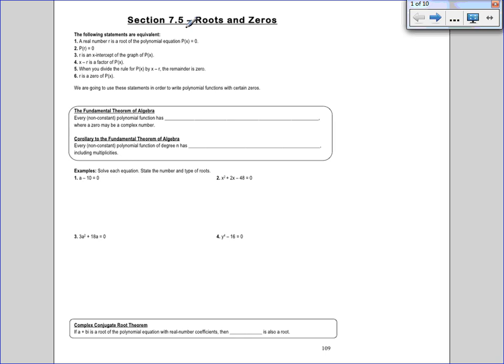The fundamental theorem of algebra, obviously this is pretty important, says every non-constant polynomial function has at least one 0, where 0 may be a complex number. So there's always at least one solution to an equation. The corollary says every non-constant polynomial function of degree n has exactly